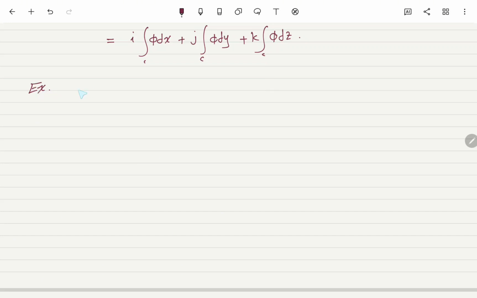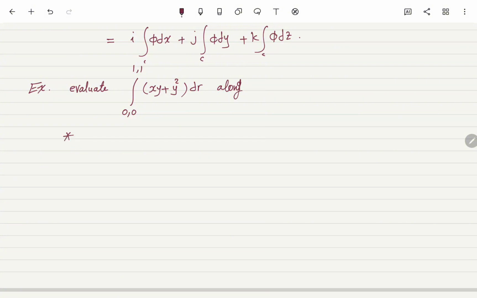Evaluate the integral from 0 to 1 of xy plus y square dr along the paths